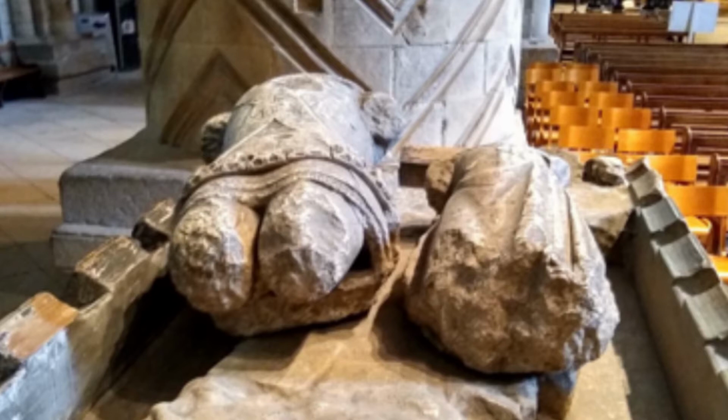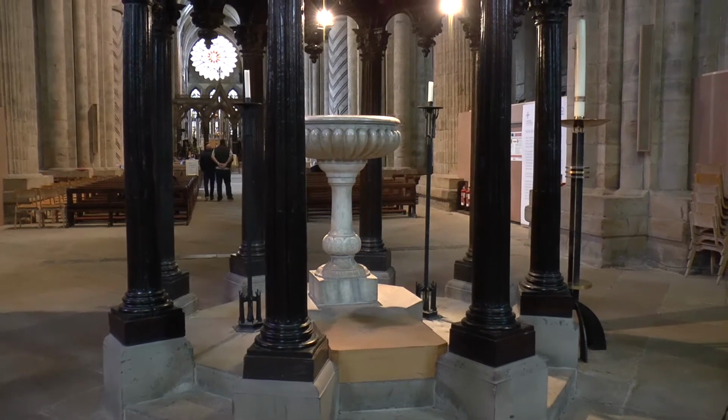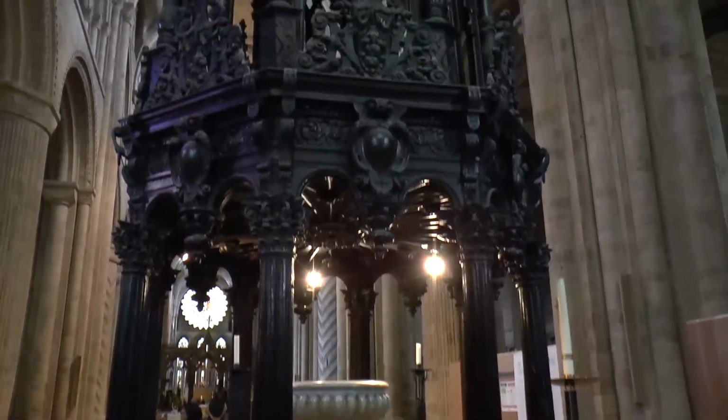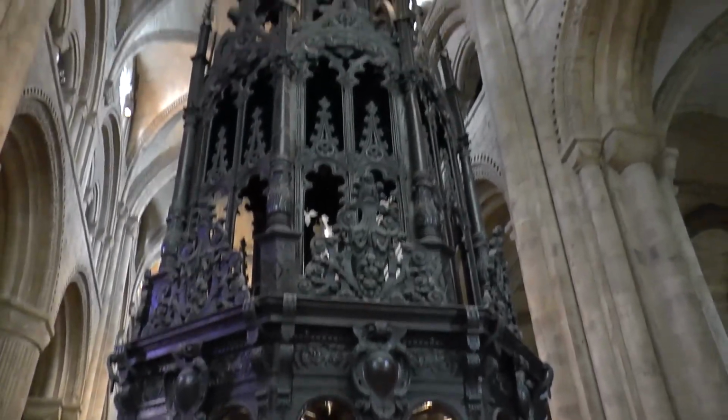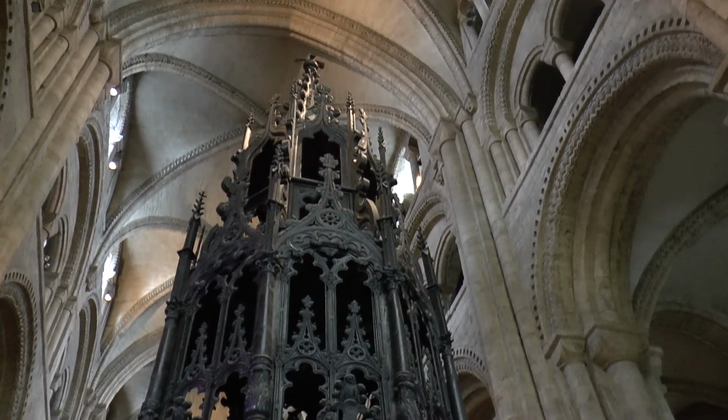At the back of the nave, next to the main entrance door, is the font, which, with the fabulous wooden cover, was made about 1670. The doves on top and inside the cover are meant to be a symbol of the Holy Spirit, which comes